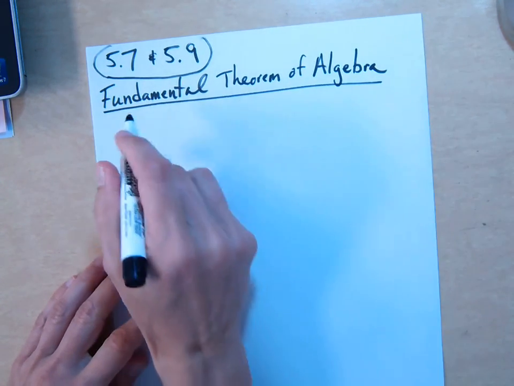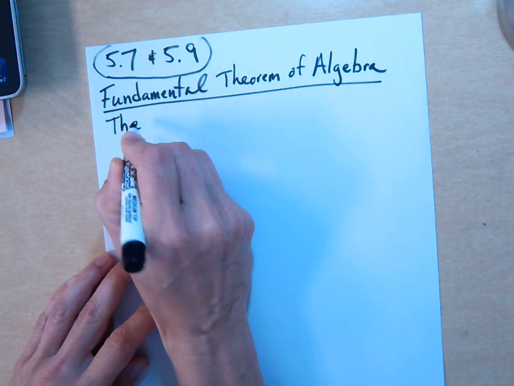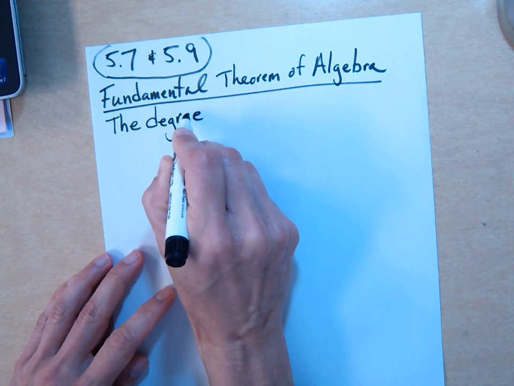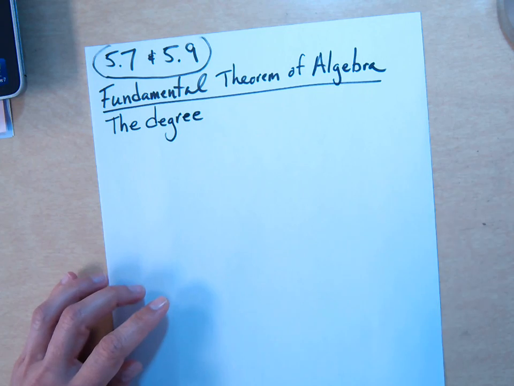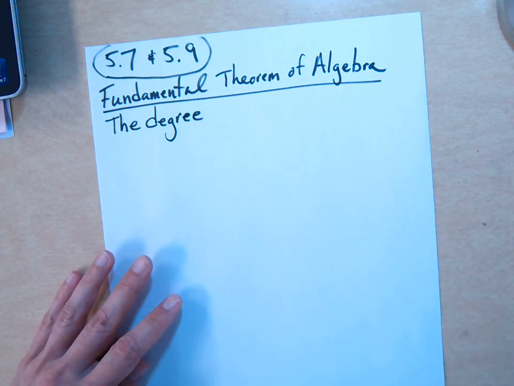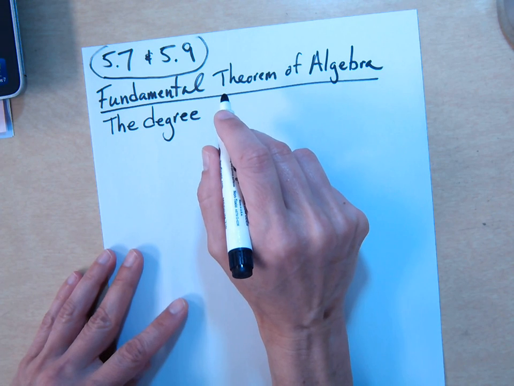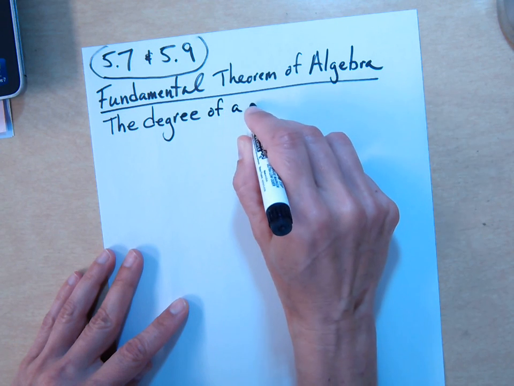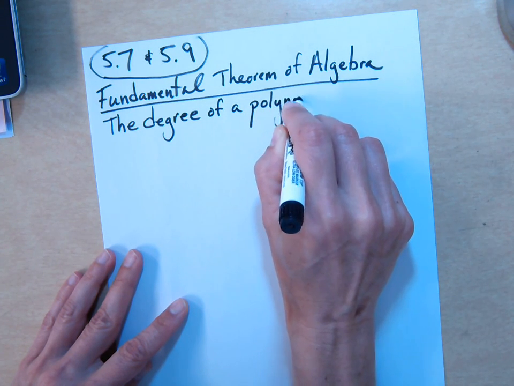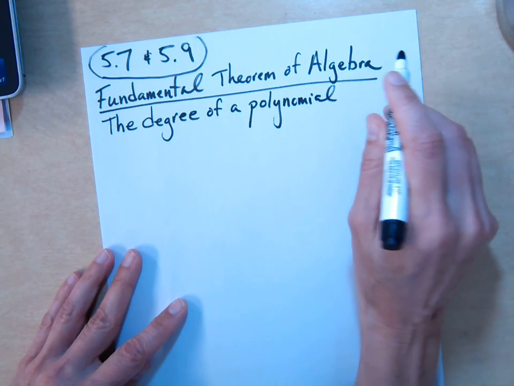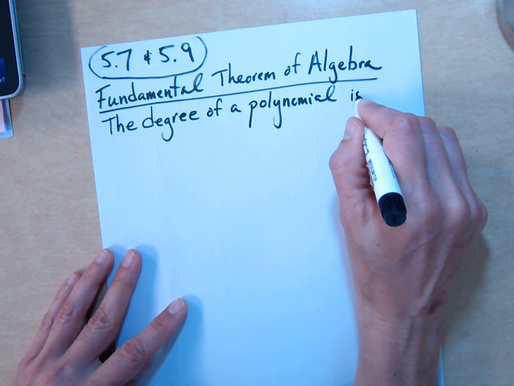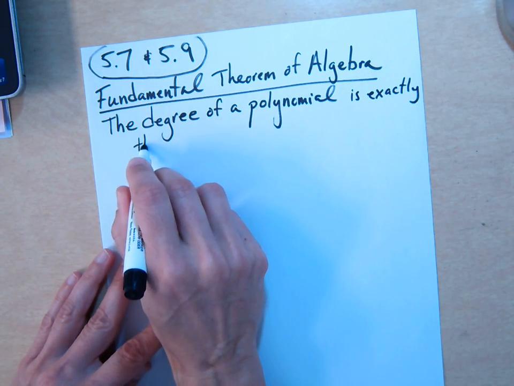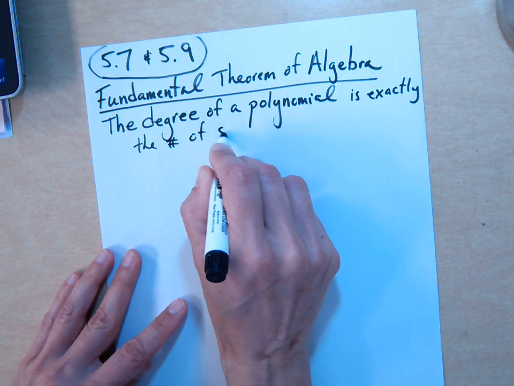So we know how to find the degree of a polynomial. The degree is the highest exponent, and if it's in factored form, then we have to visualize multiplying it all out to find the highest exponent. Whatever that degree is, the fundamental theorem of algebra says the degree of a polynomial is exactly the number of solutions, exactly the number of roots,